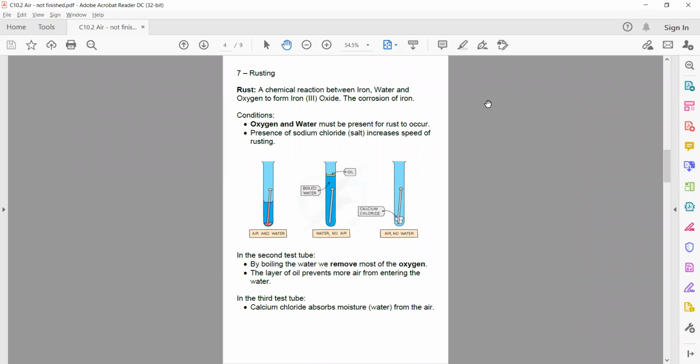Cool. Rusting. So we live in Walvis and Swakop, some of us. You see rust every day, don't you? Yeah, so somewhere around the house, if you look at one of your doorknobs, or something in your kitchen, or in your garage, or your car, if it's been chipped, you're going to see rust everywhere.